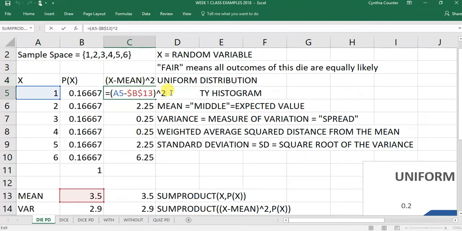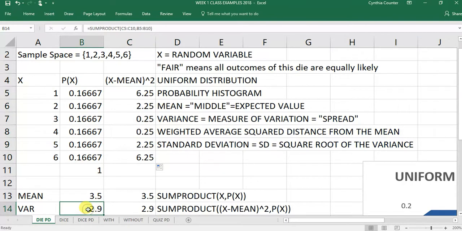We did that with a formula, equals, open parenthesis, click on the first X cell, so that would be A5, minus, click on the cell with the mean, but to make sure that that cell is fixed and doesn't change as we copy it, we hit F4, which gives us these dollar signs, or you could simply type in the dollar signs, $B, $13, close your parenthesis, shift 6 to get the caret, 2 for squaring, then you will copy it by pointing to the bottom right, left click and drag,